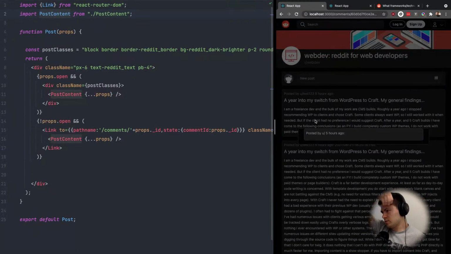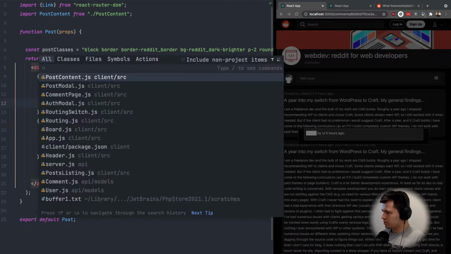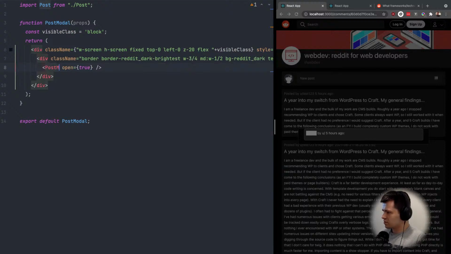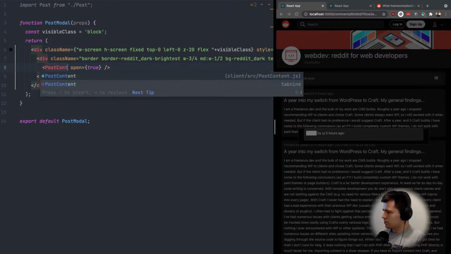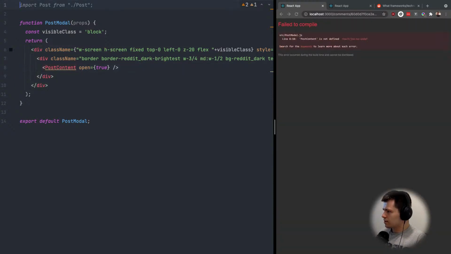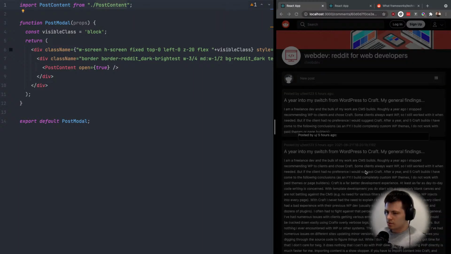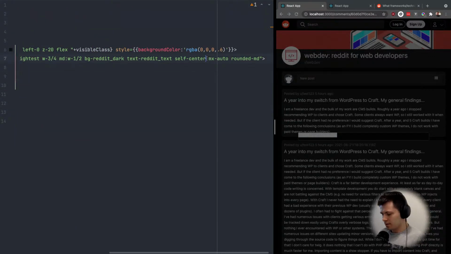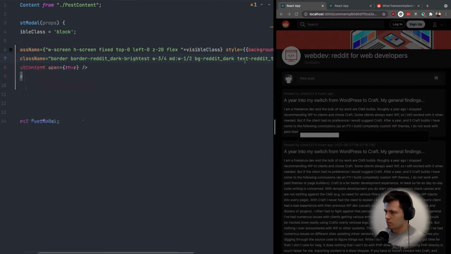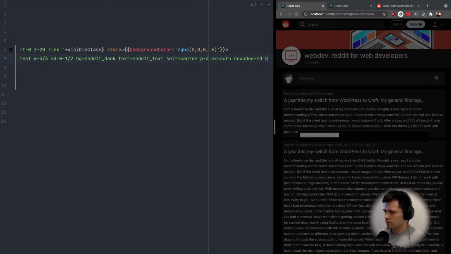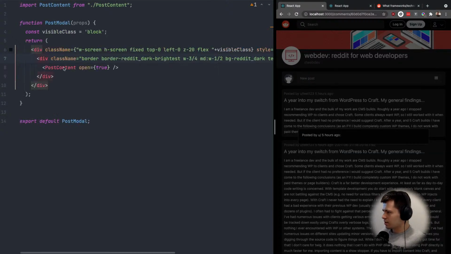Now we have it like this, but let's go to our post model, and instead of using post, let's do post content. And here let's import post content from post content. Okay, now it's a little better. Now we can add some padding of maybe 2, maybe more, like 4. Okay, and now we need to pass information about